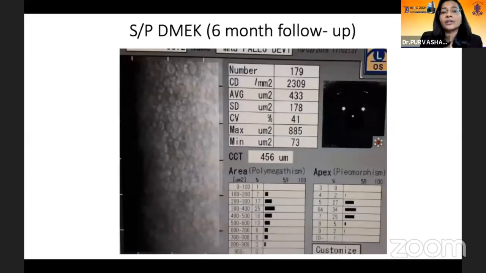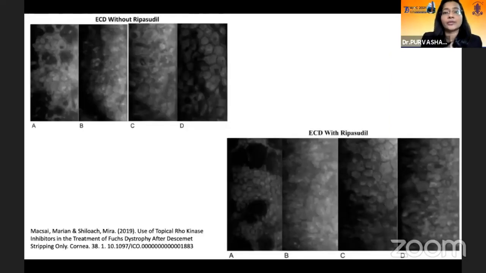In general, after DMEK, we definitely achieve a good endothelial count postoperatively. So a rough guide would be if your central corneal thickness is more than 640 microns, or if the endothelial cell density is less than 1000 cells per millimeter square, and the patient gives a history of morning haze or glare and halos, then it's preferable to perform the cataract surgery along with the endothelial keratoplasty.